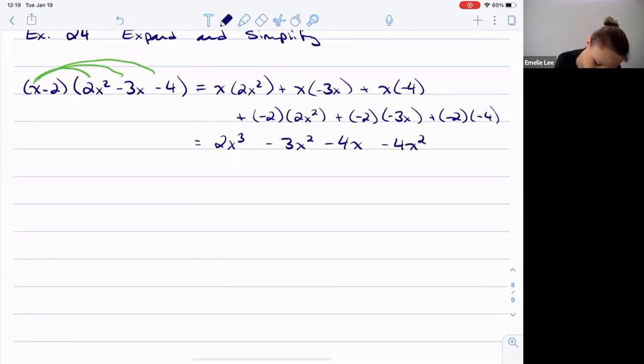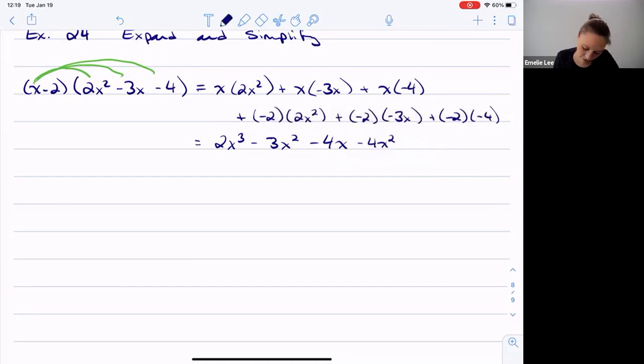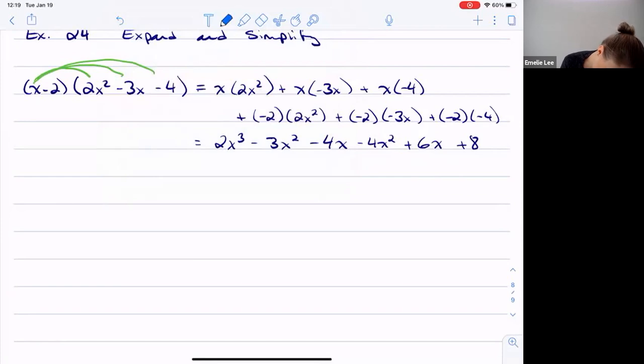Minus 4x squared. Here, I'm going to try to keep it on one line, give myself a little bit more room. Sometimes I write too lofty. There. So minus 4x squared plus -2 times -3 is positive 6x. -2 times -4 is plus 8. Okay. So now collect like terms